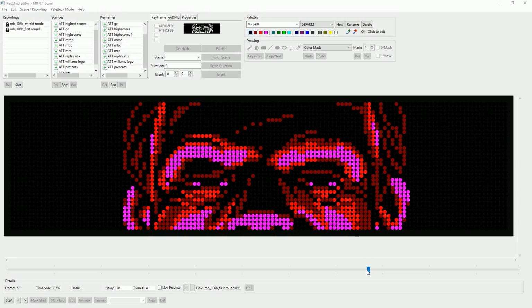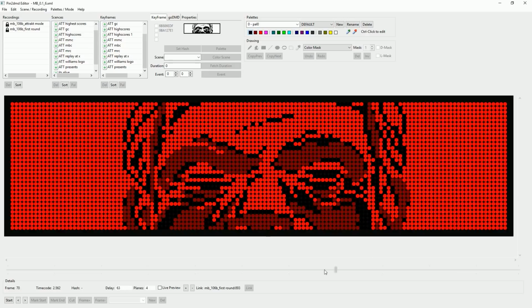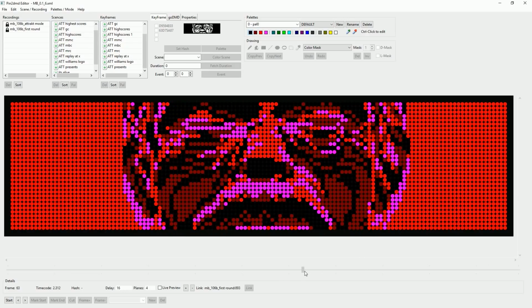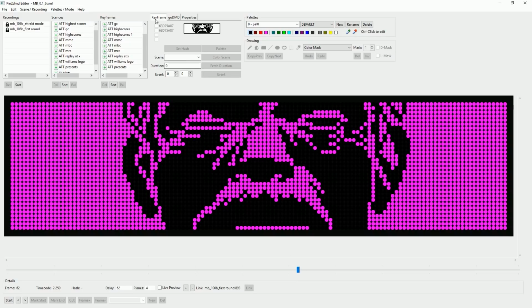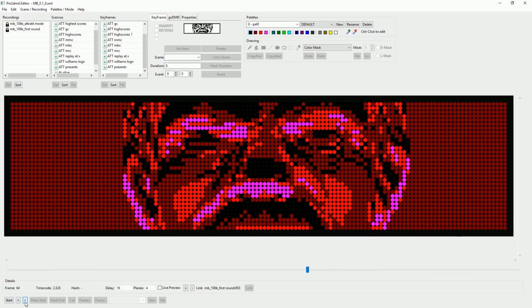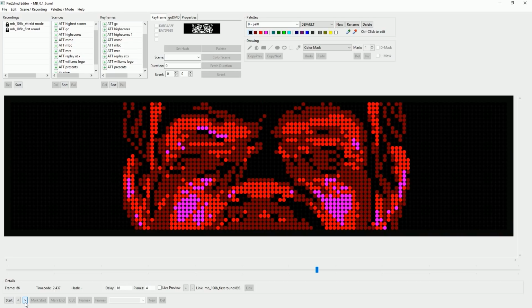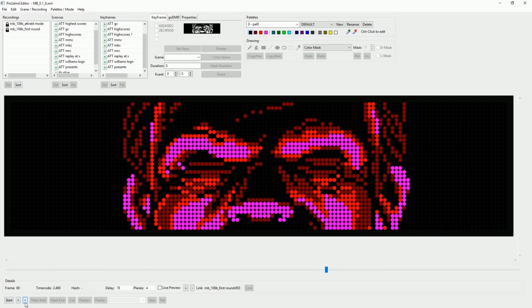So that would mean that we have to split our animation into single frames and trigger each single hash. You can see the hashes changing at the top. And you see we have different hashes for each frame. And this is a lot of work. I had to do this for the Tales of the Crypt and for the Addams Family to make them work on the real table as well. And to minimize the issues,